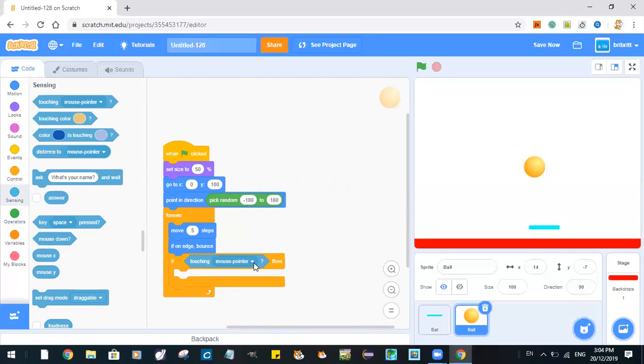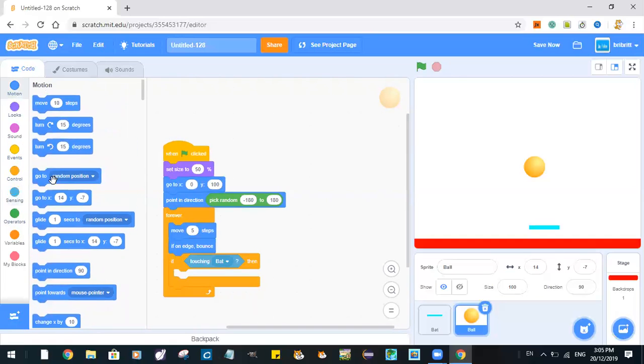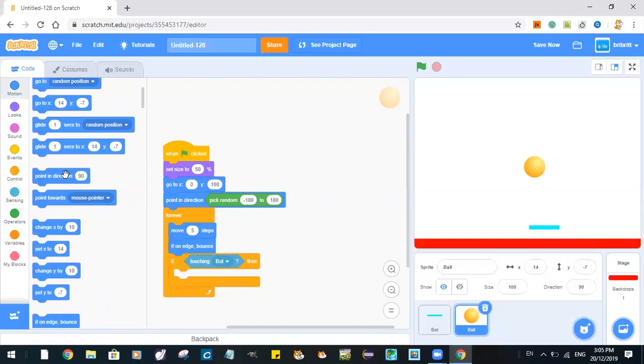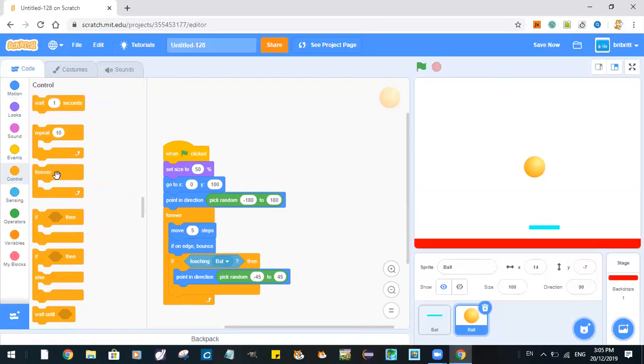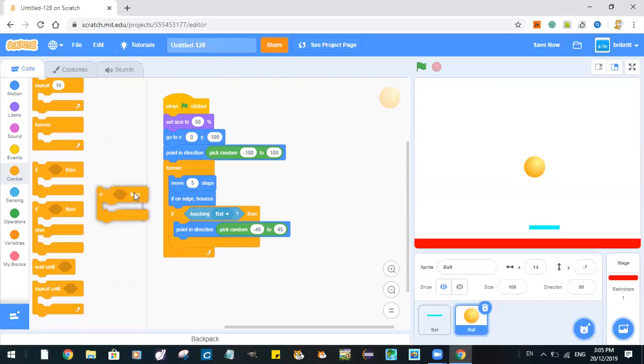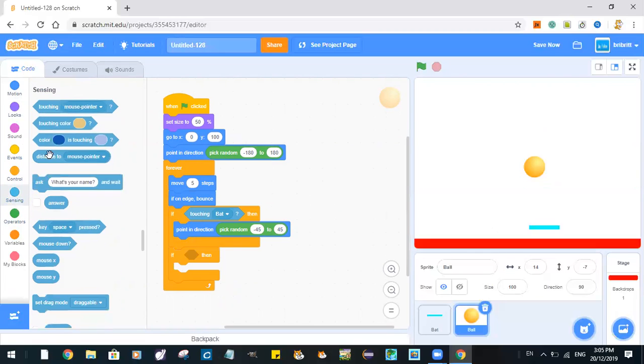If touching bat, then pointing direction, pick random -45 to +45. And we also need an if touching color red, then